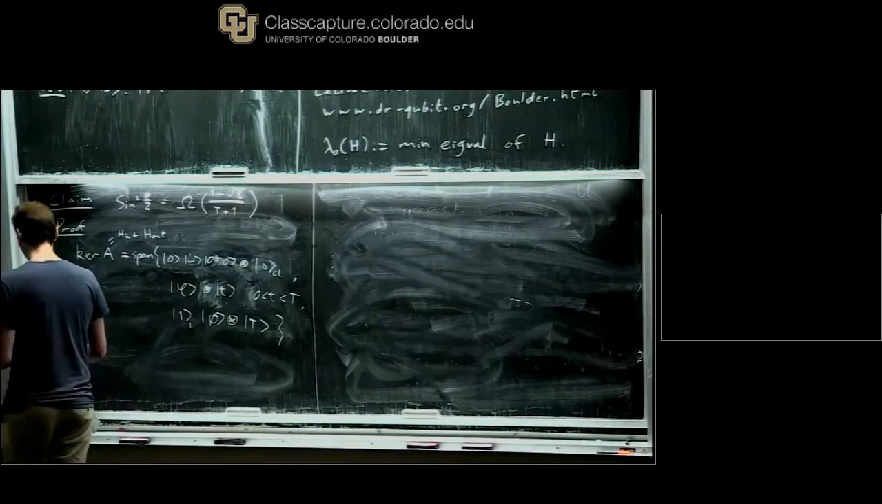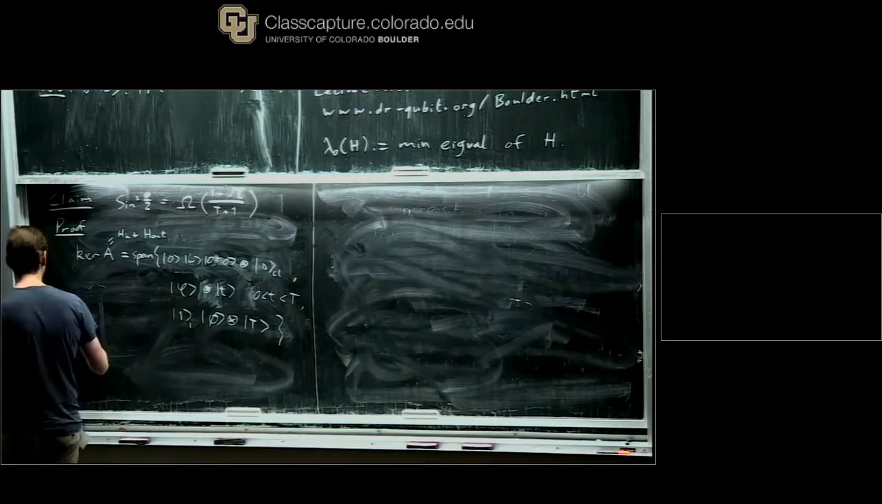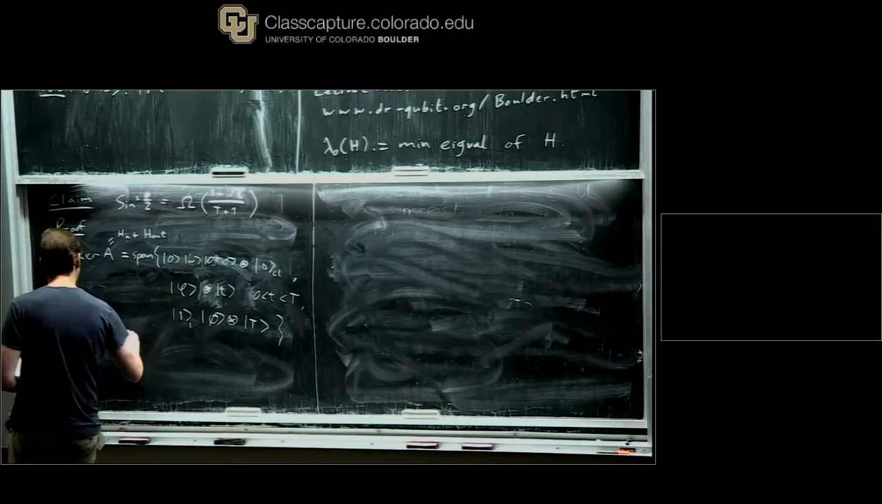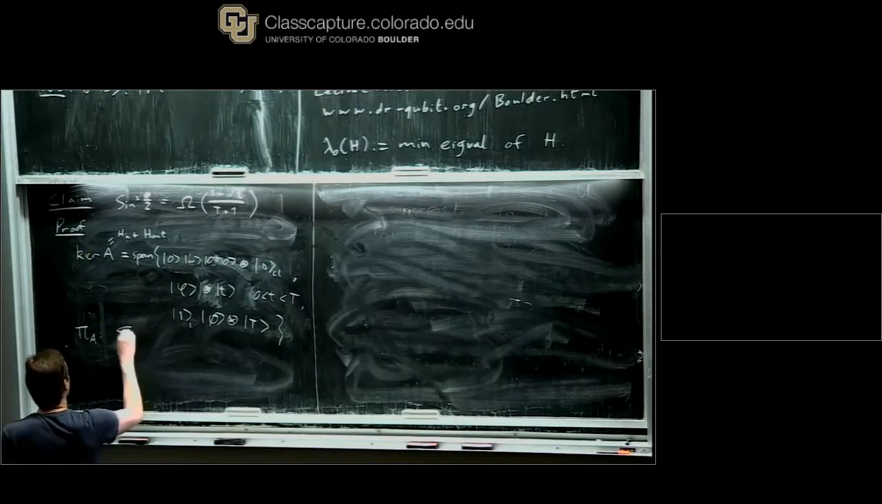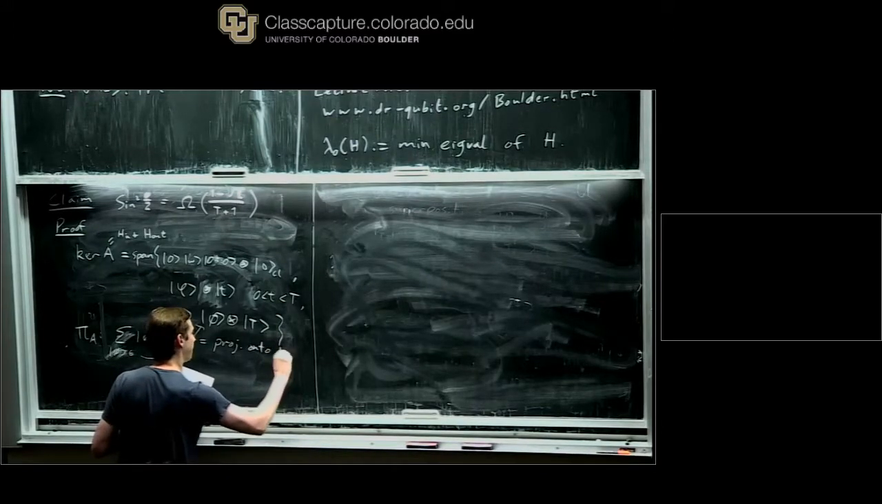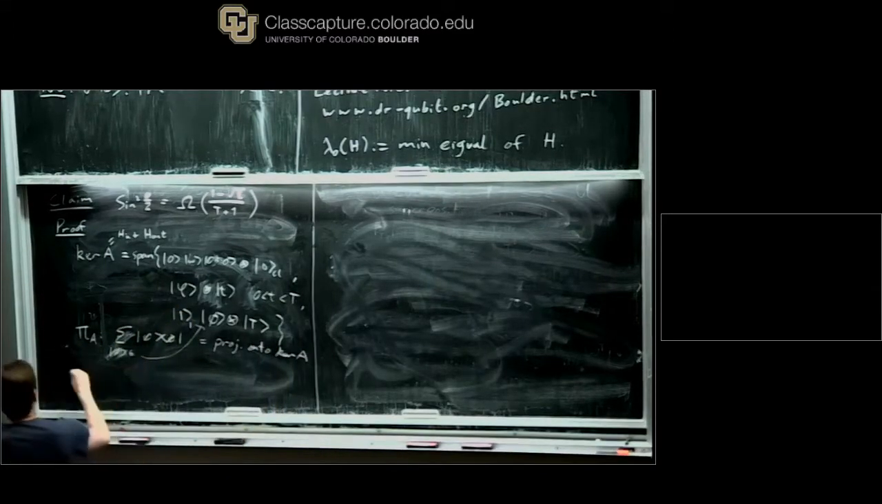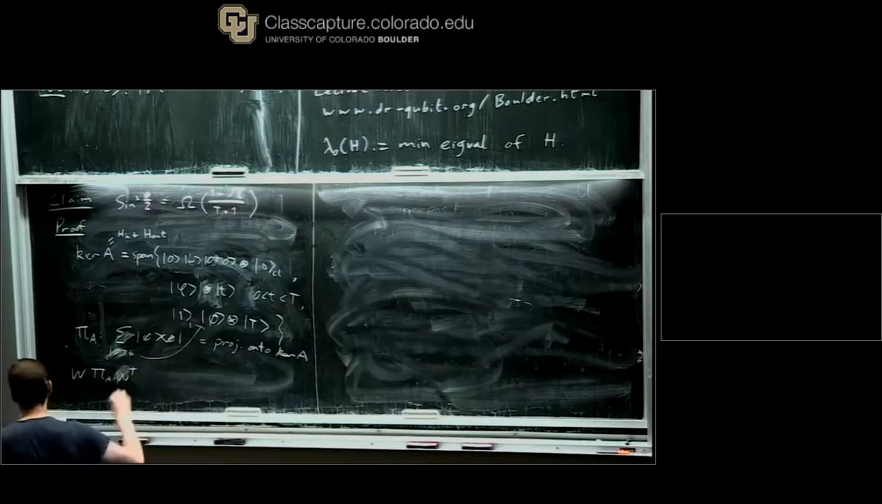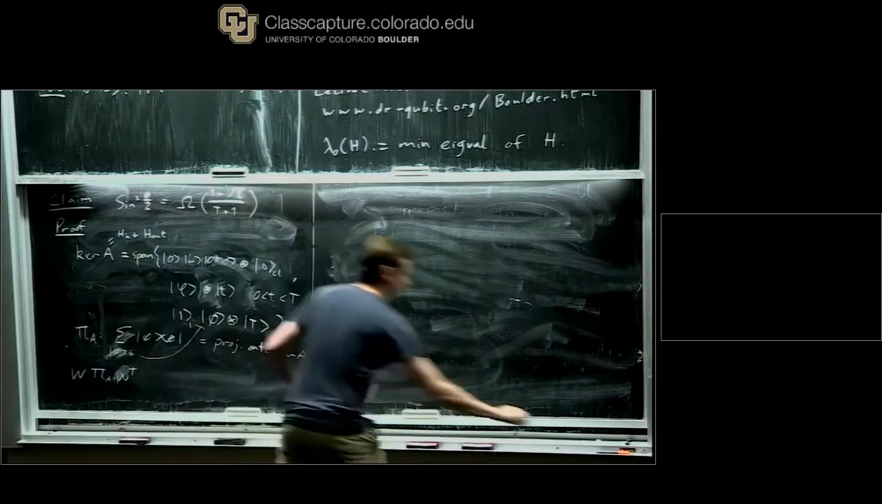Okay, so now I can write down the projector onto that kernel. Let's take pi A to be the projector onto this subspace. That's the sum over phi, where I sum over phi in this set here. So this is the projector onto the kernel of A. And if I conjugate A by this W matrix, then